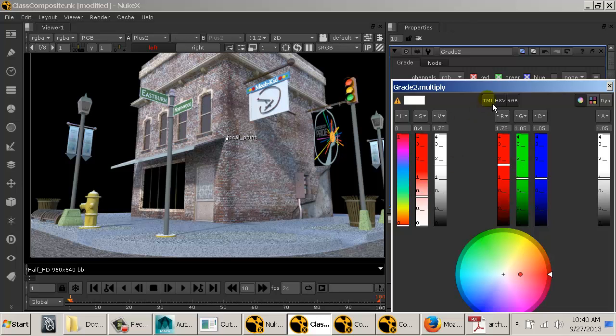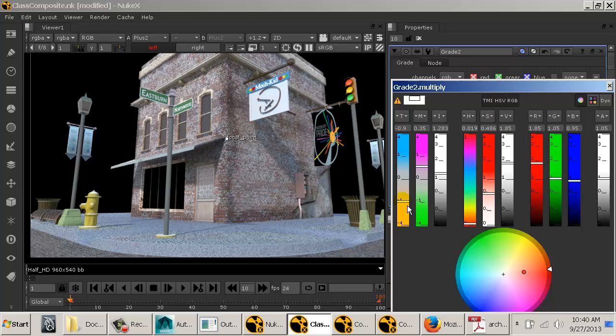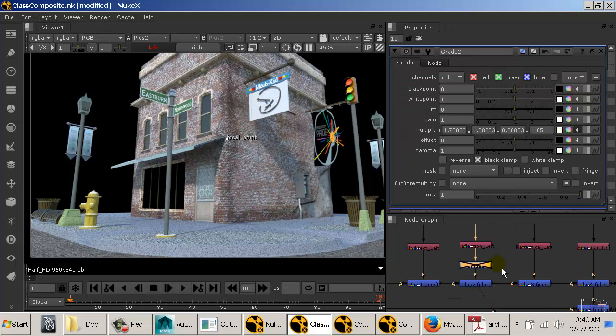I'm going to hit this TMI here, and I like this one because it's a temperature one. So I could say, let's go into the yellow range. Oops, too far. And now you see that I have these kind of touches of yellow in my scene instead of these touches of blue,